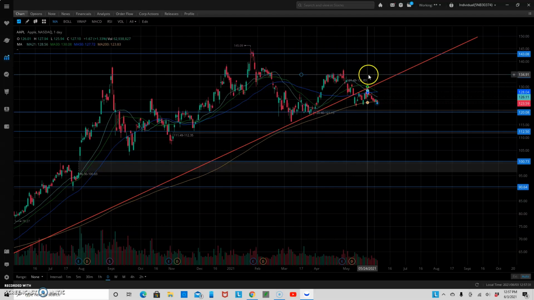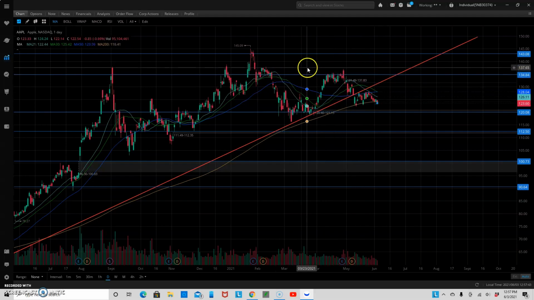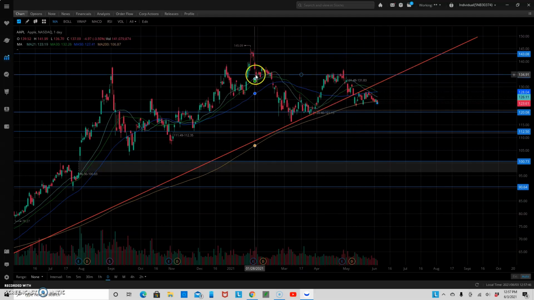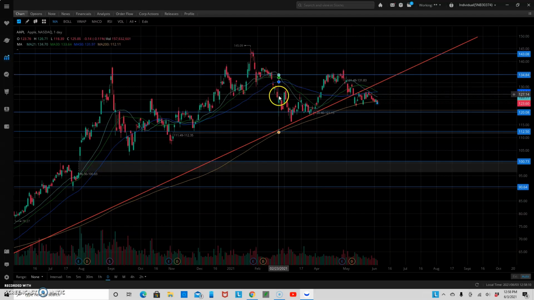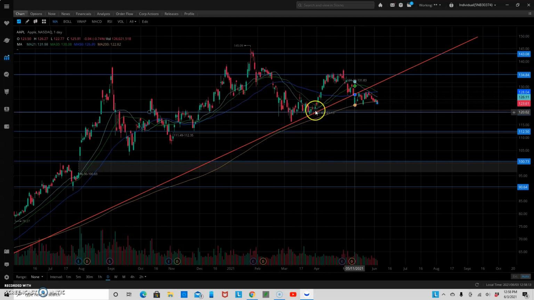Another resistance point that we're going to be looking at going forward is going to be around $134.85 to around 135, give or take a few cents there. That's a resistance point here. You could see after we did have this correction starting around this area in the middle of February, that's when this stock really dropped off a cliff, and that's where you saw the big selling pressure coming in. It was sitting around this support line around 135 right here, and once this correction started right around this area where my mouse is, you could see it just took a dive all the way down to our next support area, which is